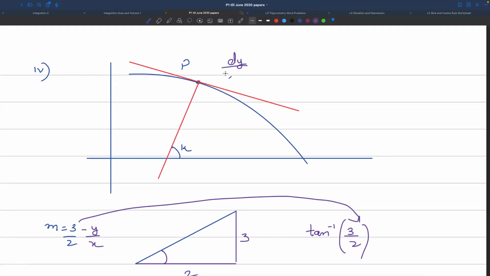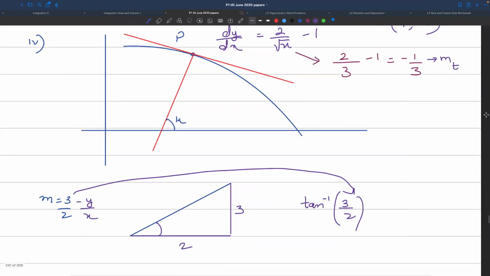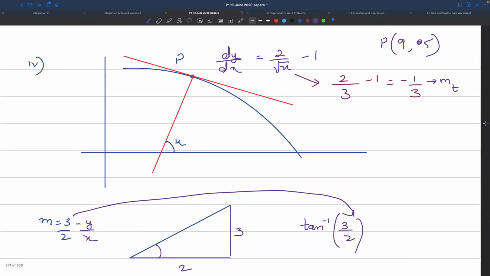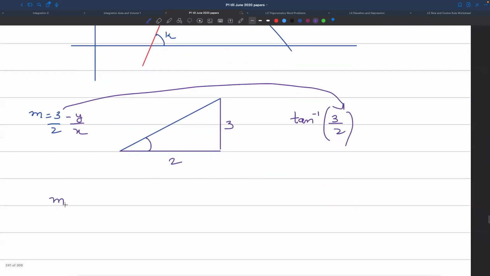सो dy/dx मेरे पास ऑलरेडी क्या है, 2/√x - 1, and point P is (9, 5). So what is the gradient at point P? X की जगह डाल दो 9, तो ये 2/3 - 1 कितना होता है? -1/3, है ना? So if this is the gradient of the tangent, what is the gradient of normal? +3, negative reciprocal, O levels. ठीक है? So the gradient of normal is